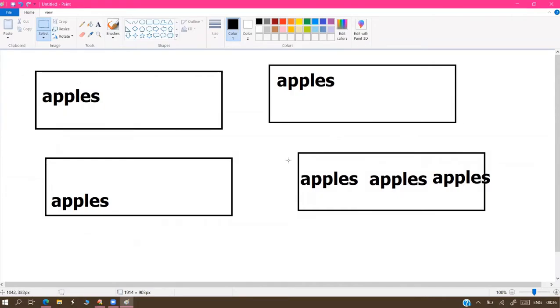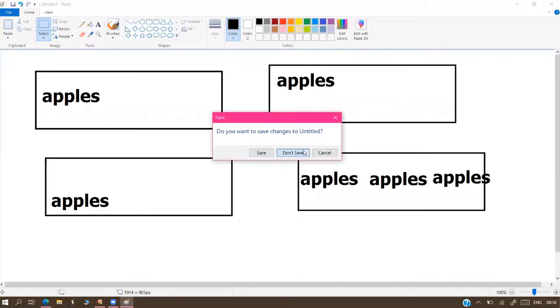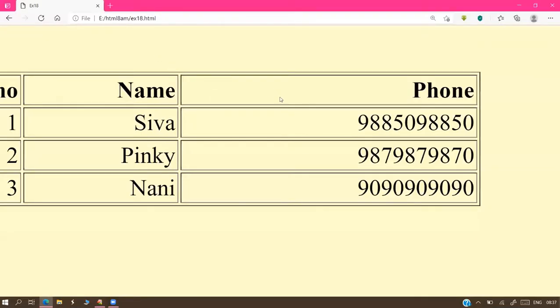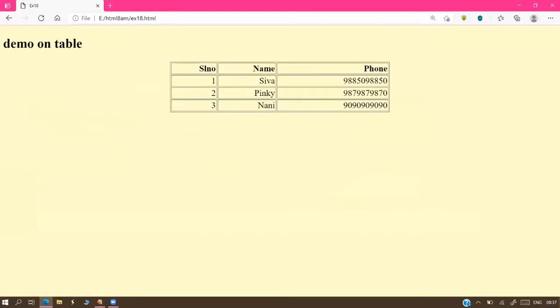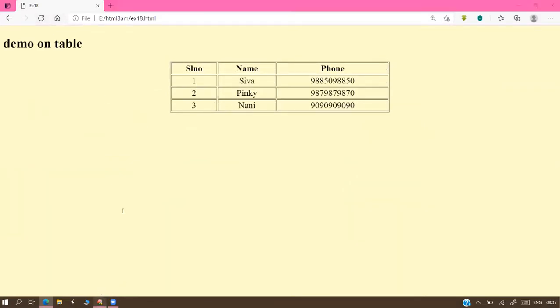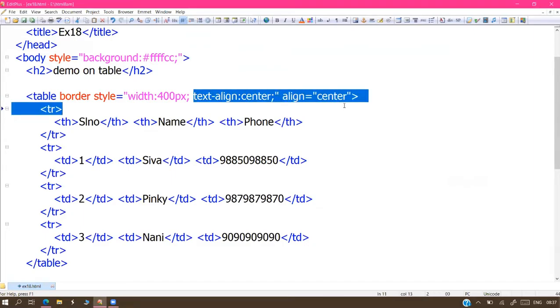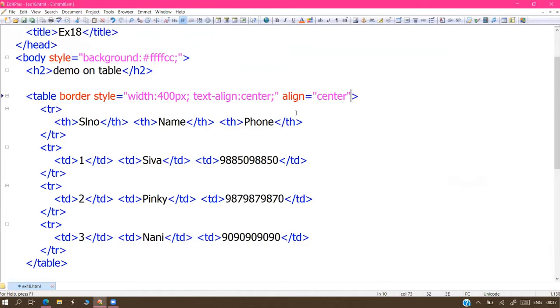So these are the different positionings, alignments of V alignments. So right now, I hope we got the difference between the two alignments clearly. Next, we want to apply some styles on this table.